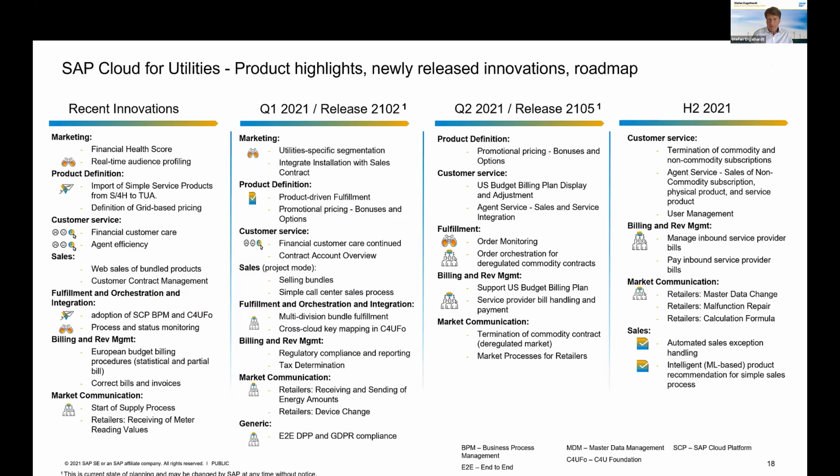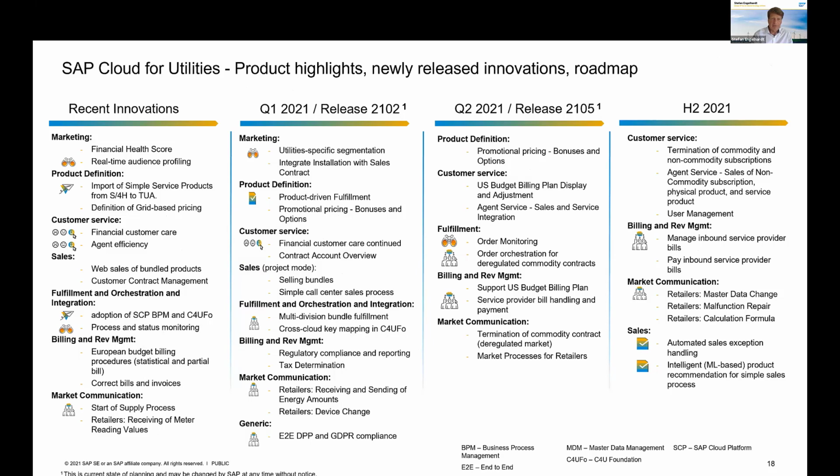Short view on the roadmap to complete that. So you see there's a lot of activity and a lot of stuff planned for the Cloud for Utilities until the end of 21. It's a plan that you see here, but we have, of course, much more in mind. But this is the most detailed stuff.